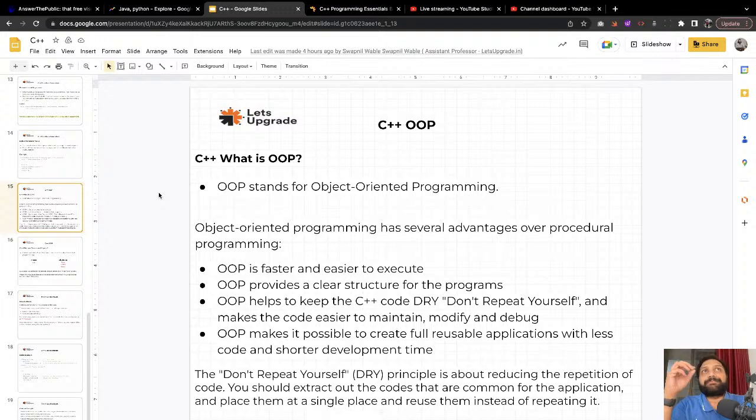Okay, so when you want to process, whenever you want to process object data in computer language,